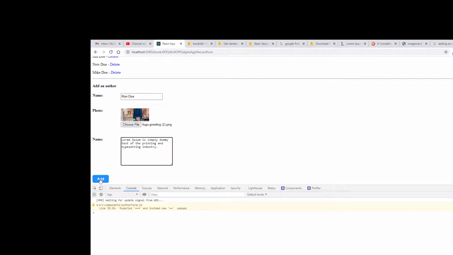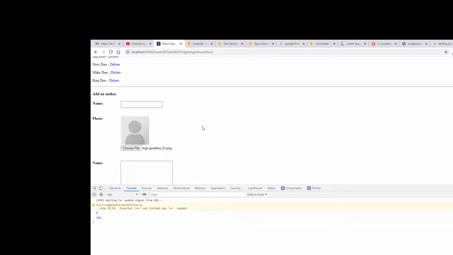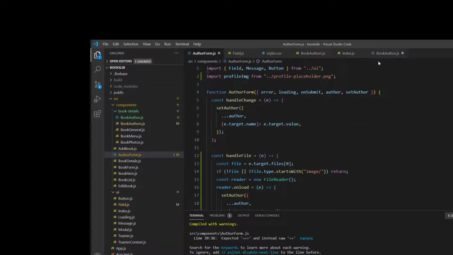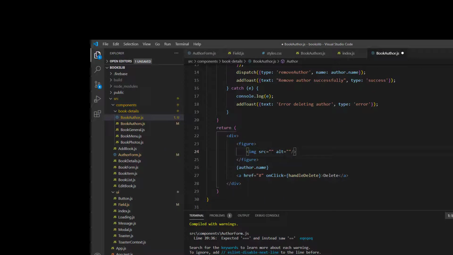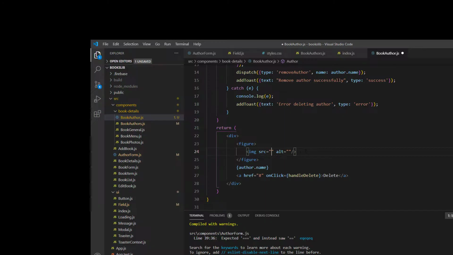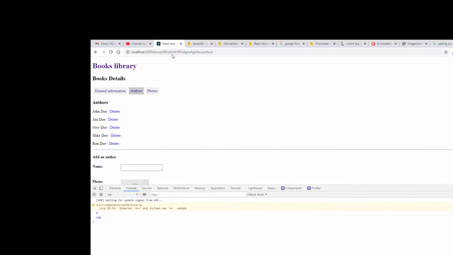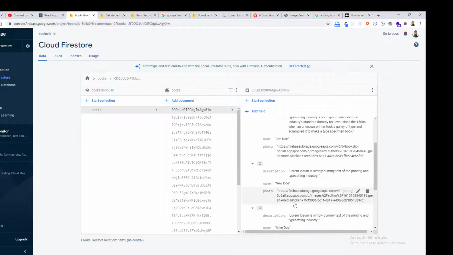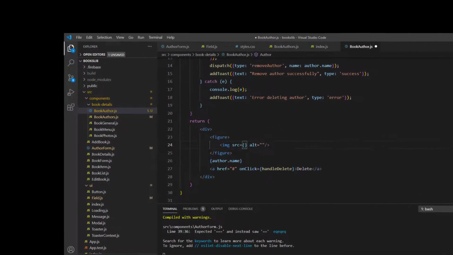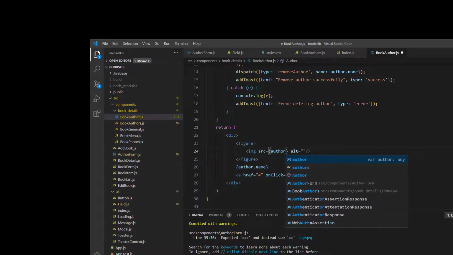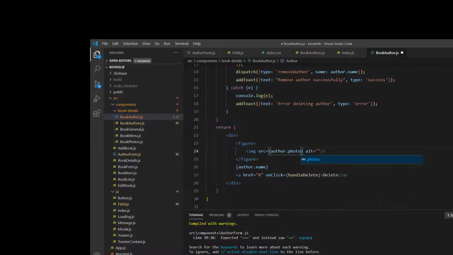And a description. If I add, all is good. Perfect. Now let's go to our book author and place the image for an author here that will display beside its name. So here, since in our database we have changed the image value to a URL, we can rely on that to display an image using the IMG tag. So I can here just type author.photo, which will